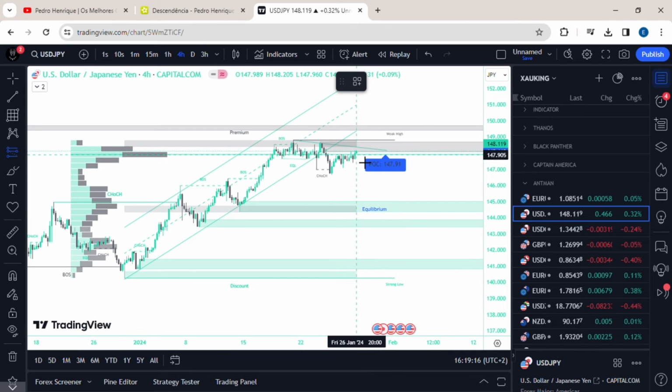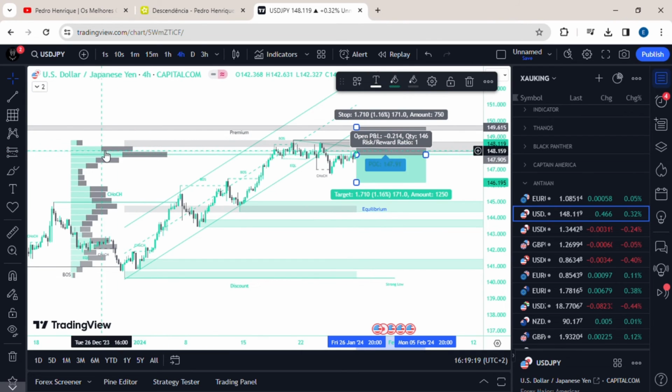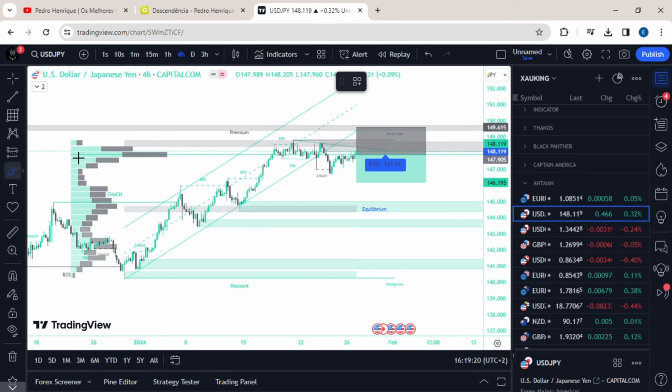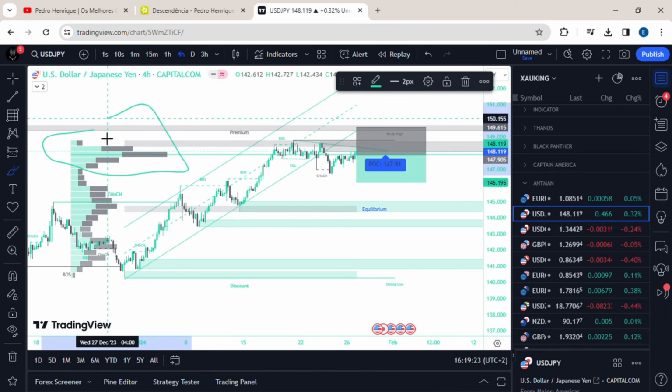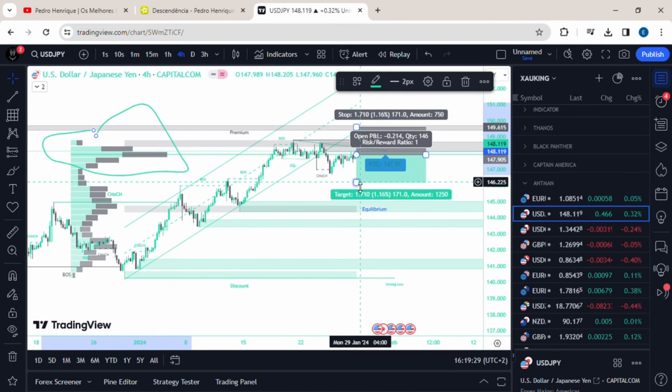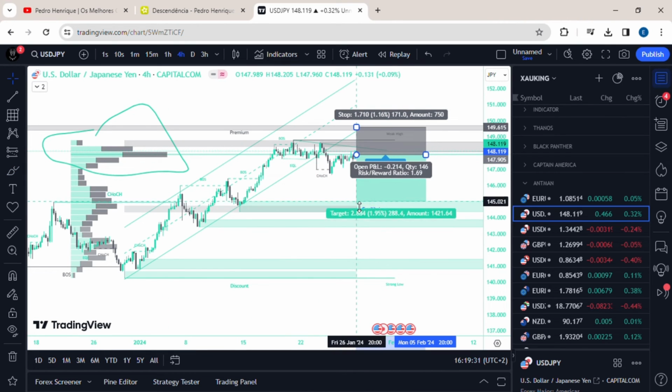So if you want, also look at the volume on the left. Always look at the volume. This is a very easy way to trade. Look at the volume on the left. If you look at the volume on the left side, you know where people are placing their orders. So you can have this trade set up like this